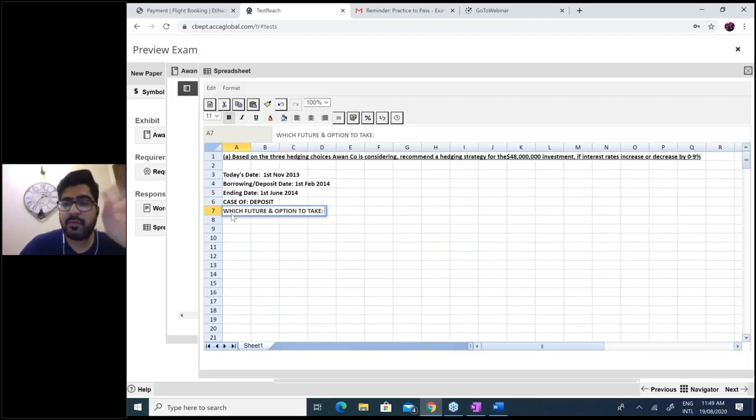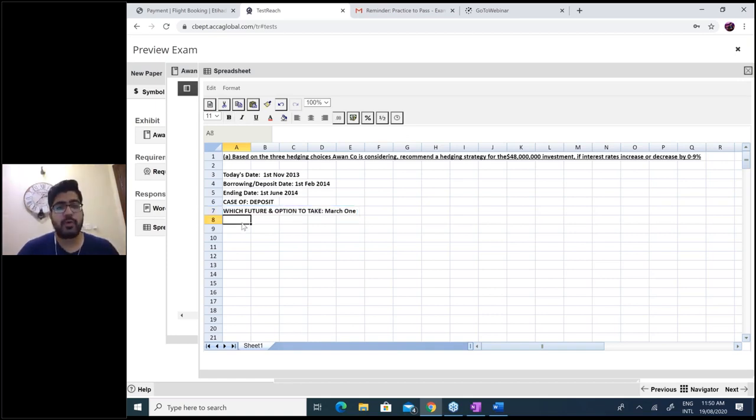Futures and options are only available for 4 periods: December, March, June, September, every quarter. There is no other future or option available, no mid months. If you are planning to borrow or deposit on 1st Feb, you would most likely need a future or option for 1st Feb, but there is none available for 1st Feb. So it's December, March, June, September. Which one will you take? Since you need to borrow or deposit on 1st Feb, you will take the March one.